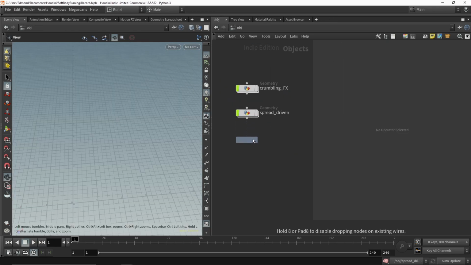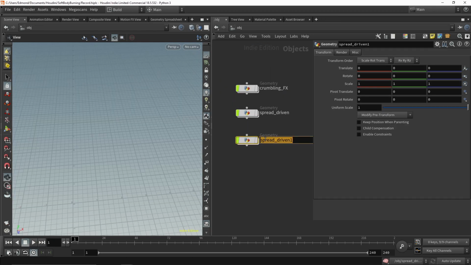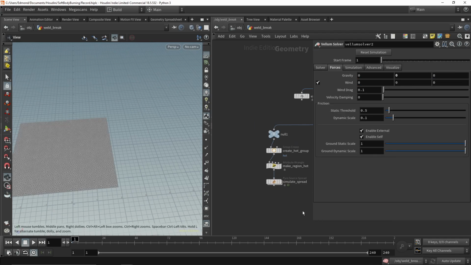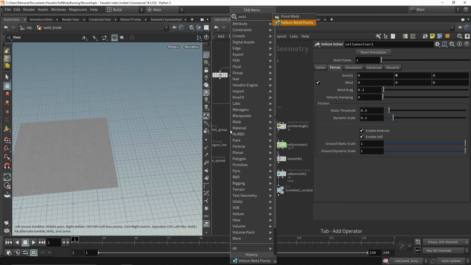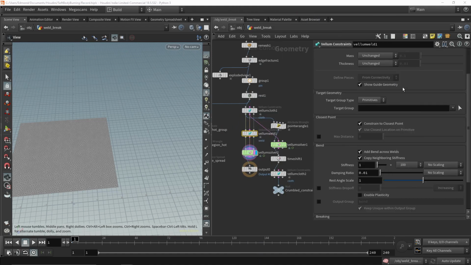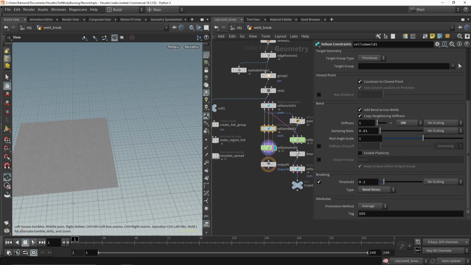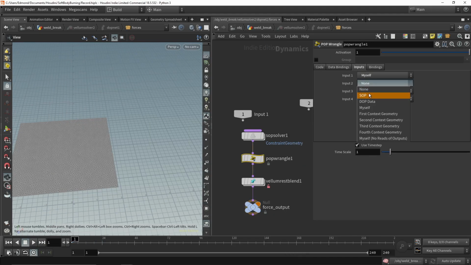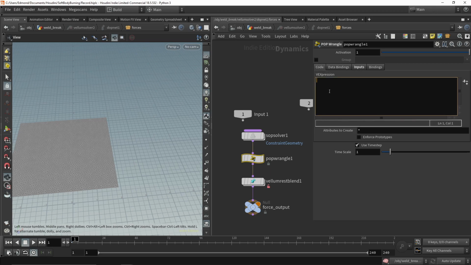Our next focus will be to weld the points we fractured, and then break those welds using the pyrospread. First, we define the weld constraints with high stiffness and breakable under bend stress. Next, inside the Vellum solver, I drop down a pop wrangle that is directly targeting the Vellum geometry, and I import the total burn using the ptnum.